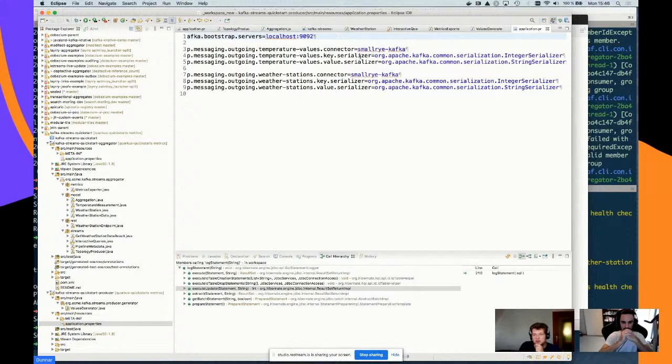And it uses those serializers. So in Kafka, everything you send to Kafka is just binary data. It's like a blob of data, really. This means this semantic structure, be it JSON or a string or whatever you use in your application, needs to be serialized. And this is where those serializers come into play.